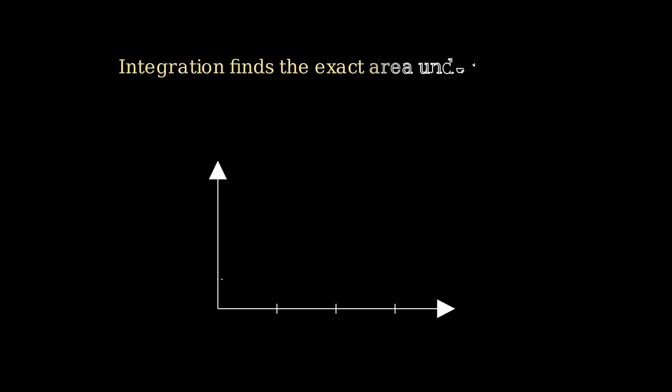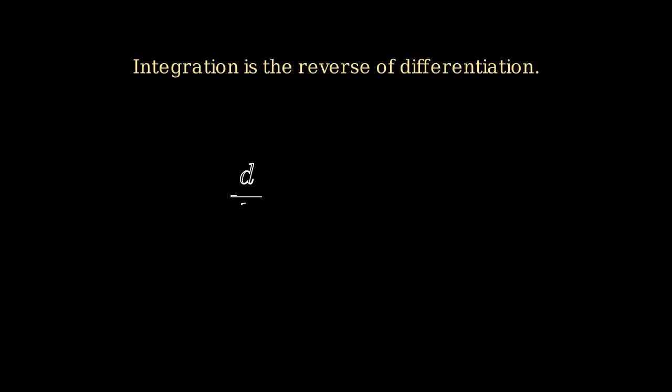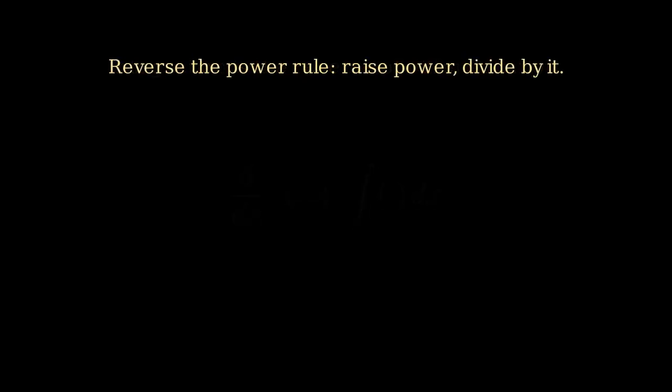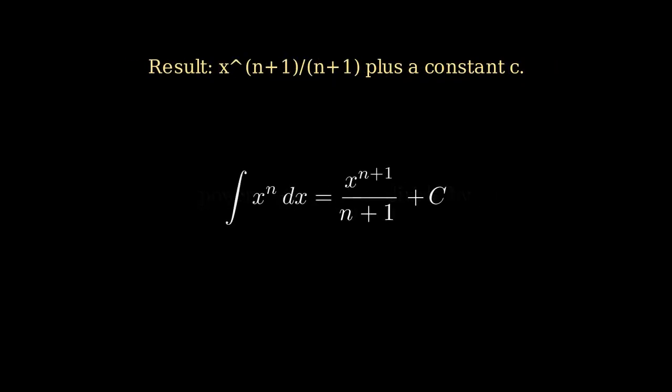Integration finds the exact area under a curve, and here is how it works, step by step. Integration is really the reverse of differentiation, so let's start there. Take x to the n. To reverse the power rule, we raise the power by 1 and divide by that new power. That gives us x to the n plus 1 divided by n plus 1 plus a constant, since the constant